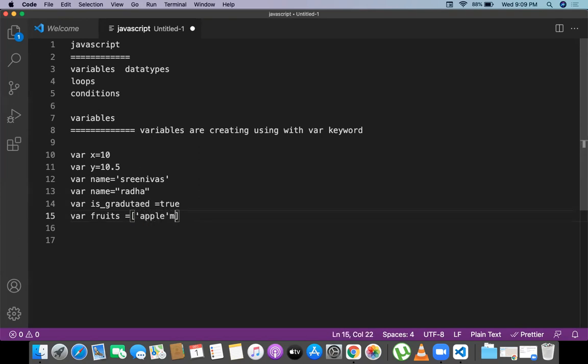An array is nothing but a combination of values. So one is an apple, one is a banana, and one is the orange, something like this.